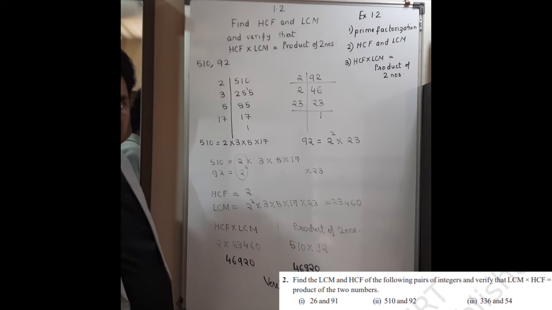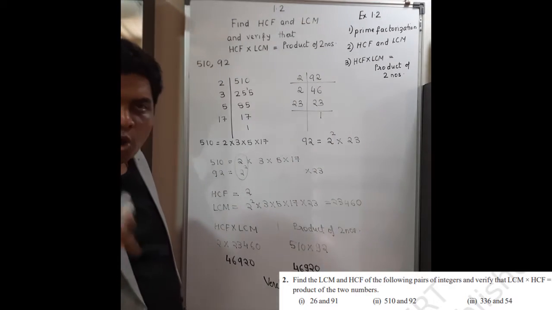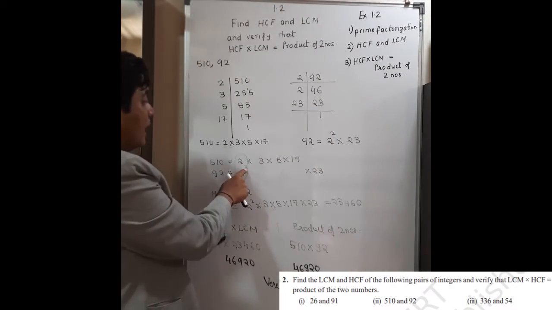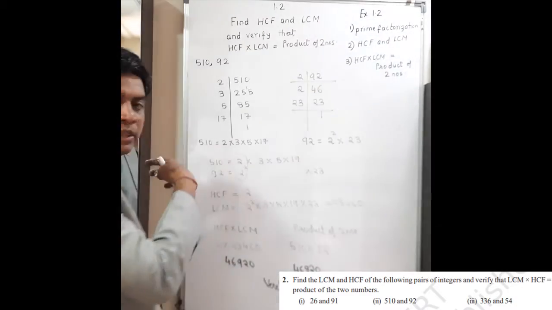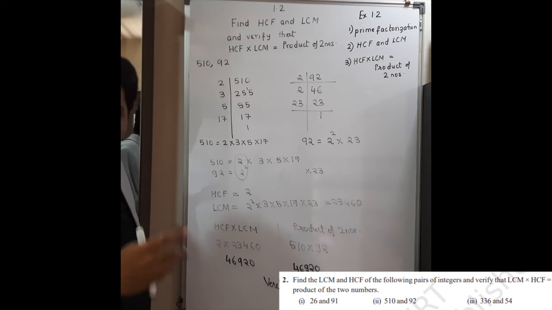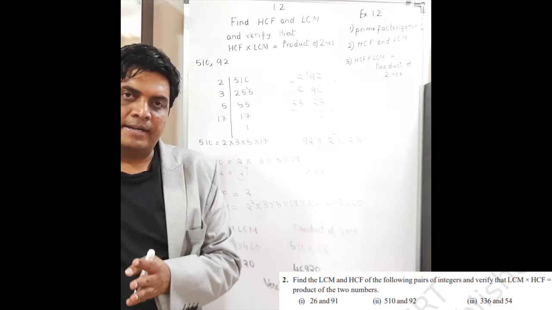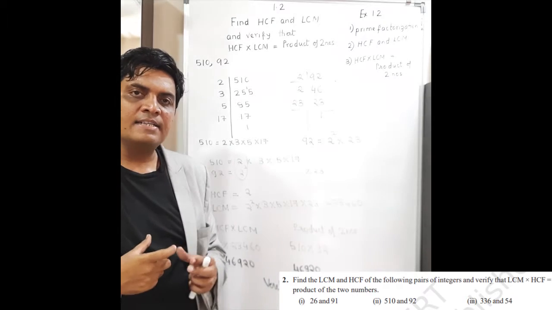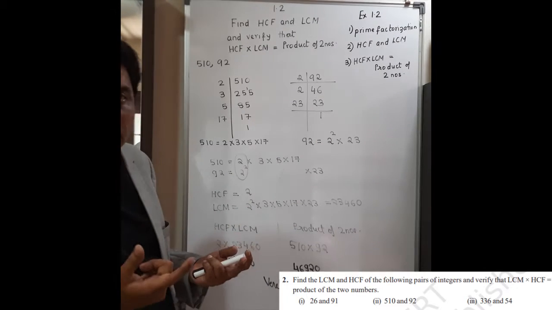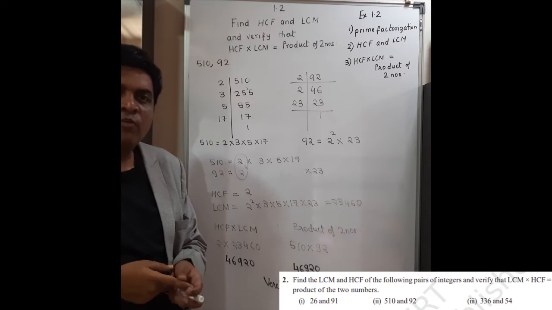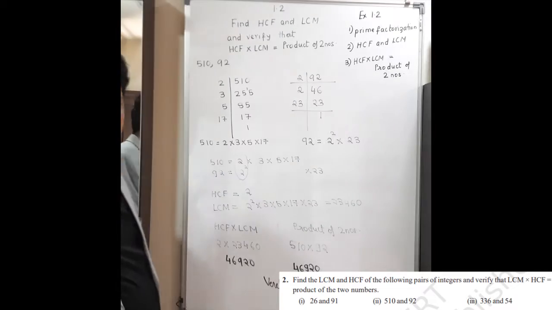What is your LCM? For LCM, you have to look at the common factors, and in those common factors, you have to select the bigger power. So I will select 2 square, and then you have to select all the uncommon factors also. So basically in LCM, you will be selecting all the prime factors, and whichever prime factors are common, amongst them you will be selecting the highest power. For HCF, you will be selecting only the numbers which are common. You will not select the uncommon numbers.